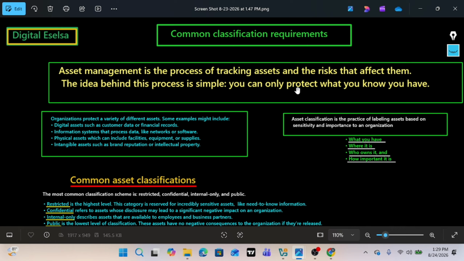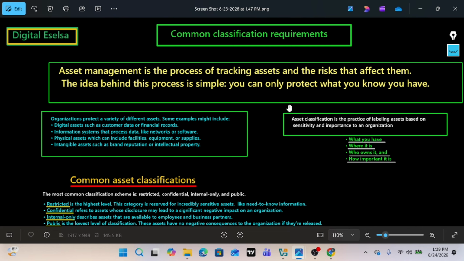And so that's why asset management, that's a domain in the CISSP eight security domains. What is it? Identity and access management. I think these guys are okay. There's also another domain, which is domain 2, which is asset security. So they're in charge of classifying assets, managing assets, and making sure that the assets that need to be protected